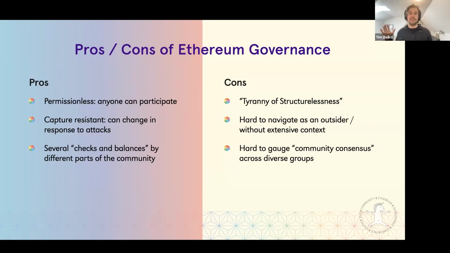Another pro is that it is a capture resistant process. Because the process is very informal and malleable, if it tries to get captured or attacked, we can change the rules of the process quite easily. Whereas if there was a very formal on-chain structure where you have to do X and Y and Z to get an upgrade, then you're telling people that if you do X and Y and Z, you can capture the protocol. Because we have a vaguer process, I think this helps be more responsive. But this comes with the downside that if you don't know about the process, it's extremely hard to navigate and you need to build up all of this context to be effective within it.